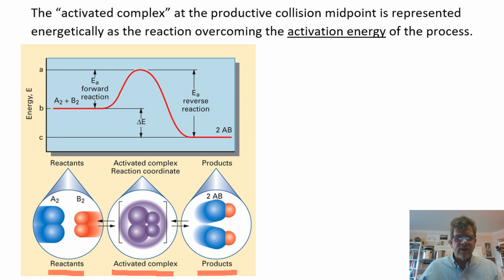Now, the reactants and products side of things is quite interesting here because we've seen this before through our reaction coordinates. Over on the left-hand side, we have our internal energy with respect to the bond structure of the reactants. And over on the right-hand side, we have the internal energy with respect to the bond structure of the